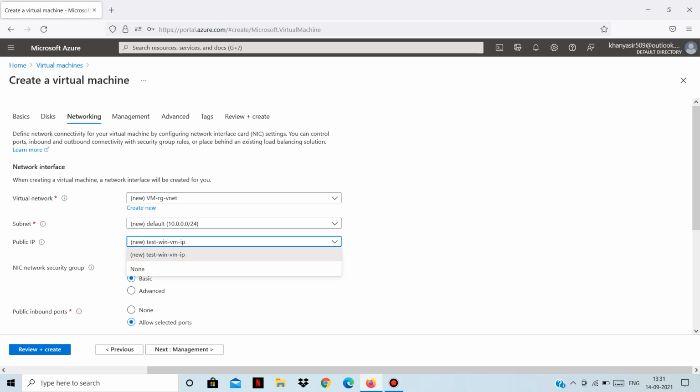But currently we don't have any VPN settings enabled, so we need a public IP address to connect to this virtual machine. So we'll leave it at the default, where we get a public IP.